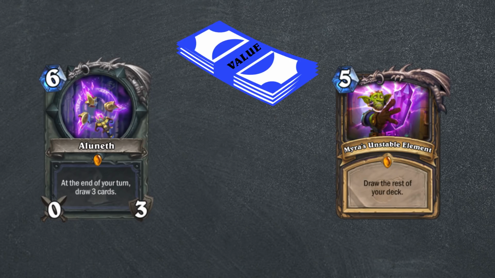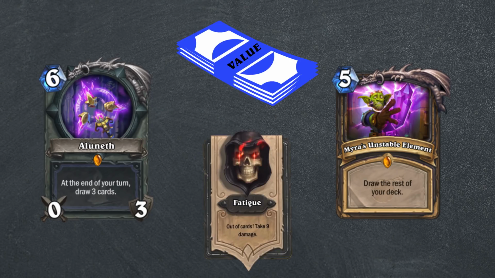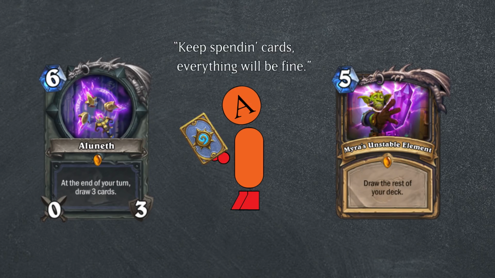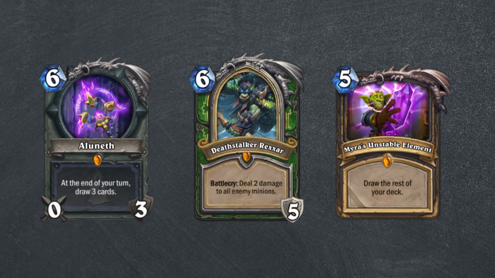These cards provide a lot of value, to the extent that the player risks damaging themselves with fatigue. They don't actually affect the curve much at all, since they're basically a last resort. Consider cards like these more like an enabler for an aggressive deck, allowing a strategy that burns cards quickly to have a fallback plan. A similar story actually exists for Deathstalker Rexxar, but this is quickly turning into a complex